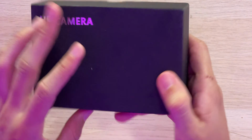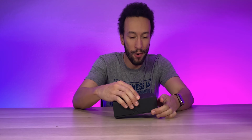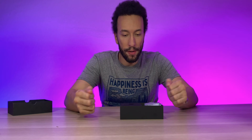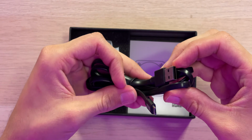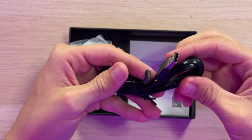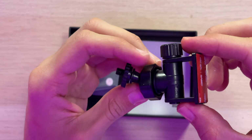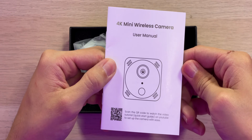We have a nice, sleek, and incognito box right here, fitting, you already know. Let's pull this thing on open. Everything is nicely packed away, nice and black everywhere. Inside the box, we have a micro SD to USB-A cable, a USB-A micro SD card reader, an easy-to-use mount with some 3M adhesive so you can mount this camera anywhere, a 1/4-inch thread mount, a user manual, and then